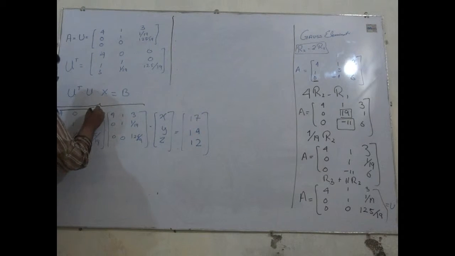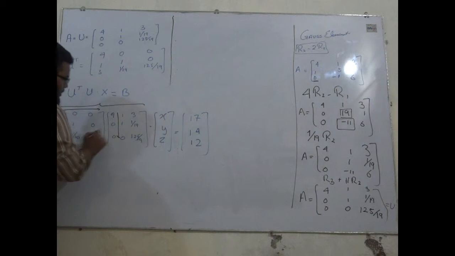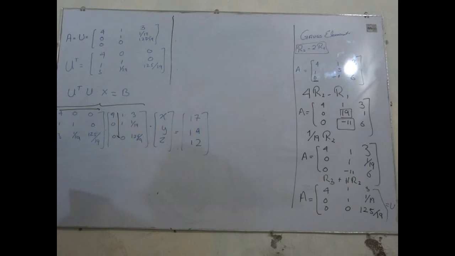We multiply this into this by the multiplication method, and by solving this, I am just going to write the first multiplication procedure by which you can understand: 4 into 4 plus 1 into